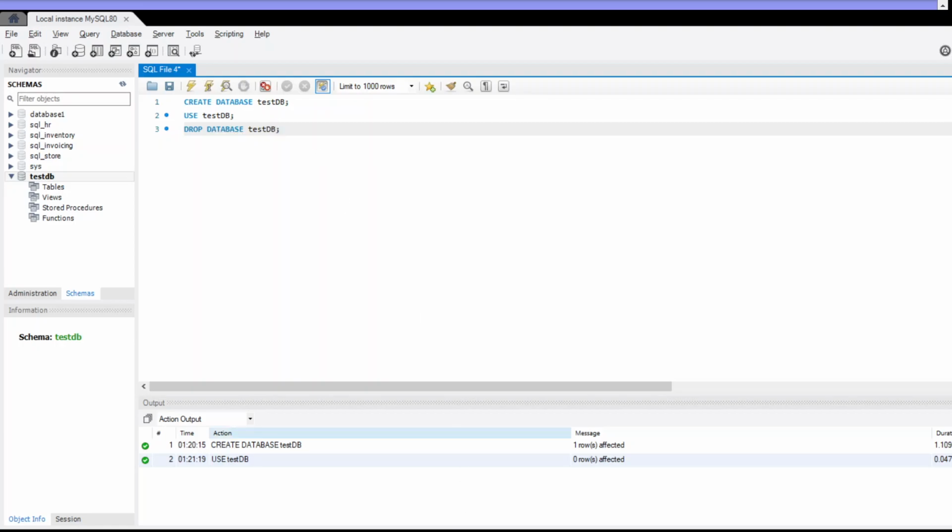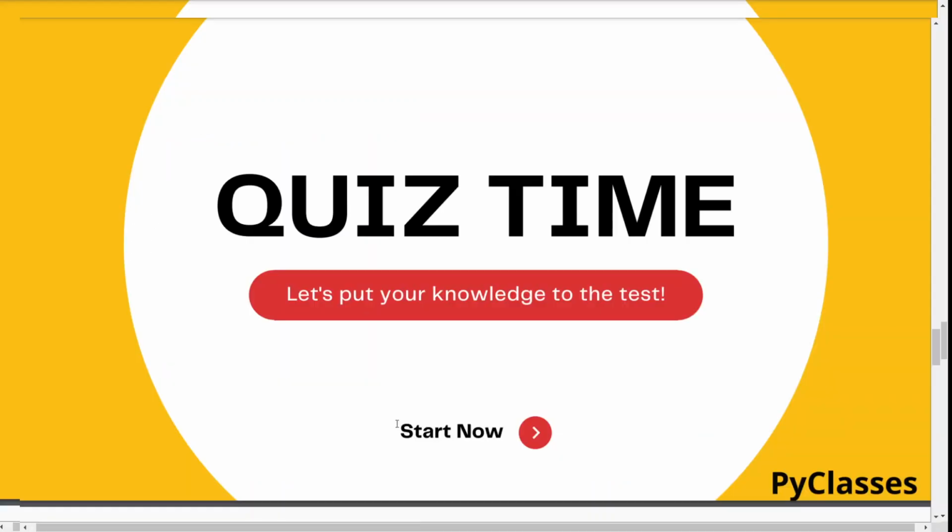That's it, and semicolon. So just run it by simply pressing key combination control enter. So as you can see, that this is also successfully run, and we can see that our database is deleted.